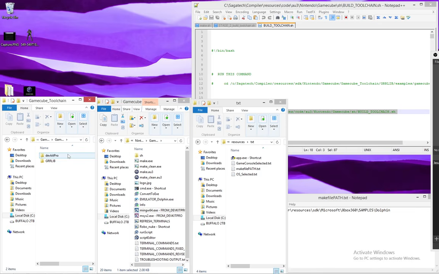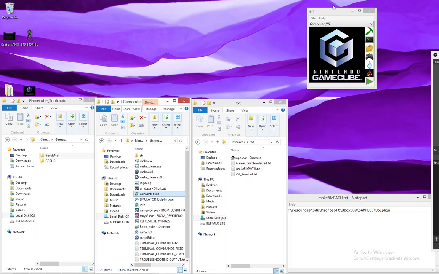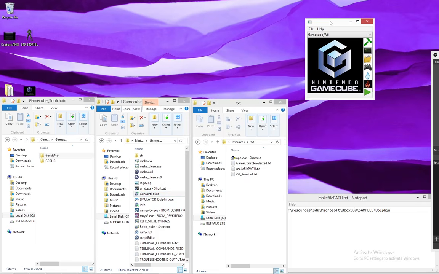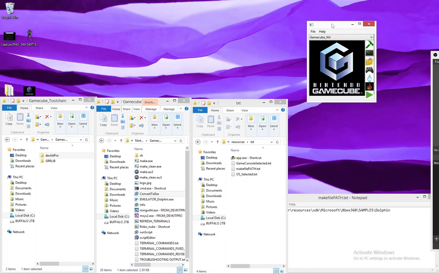Okay, so that's done. And we're going to go ahead and build this tool chain up for the GameCube now. Again, like I said before, this is the app that we're going to be using. I still got a lot of programming to do for it, but right now GameCube is not set up. I had Xbox set up, and I think I had Nintendo 64 set up also, but GameCube is not set